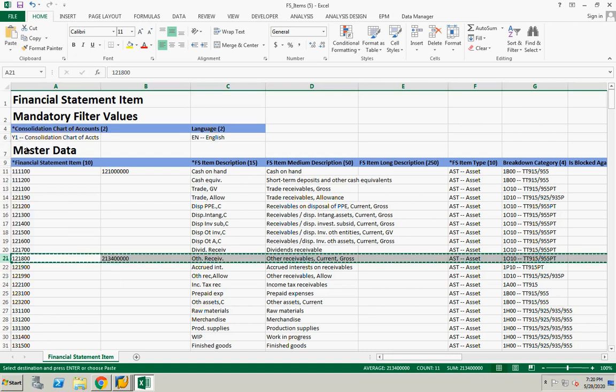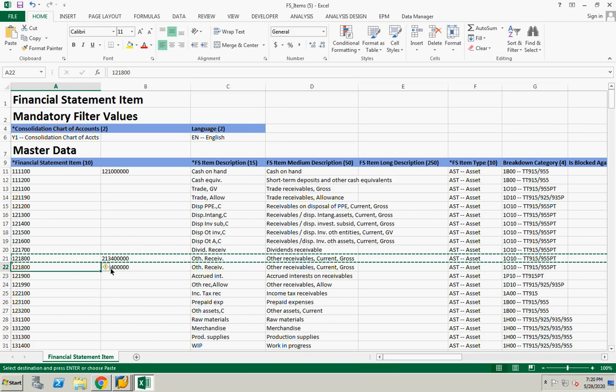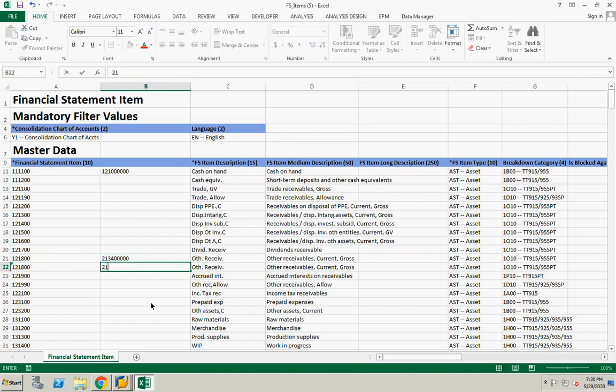copy the line, insert a new line, insert the copy cells. Now you change to the new number. That account number is 213550. Understand here, my customer might have only the same accounts. So for the cash account you can replace it with the customer number.